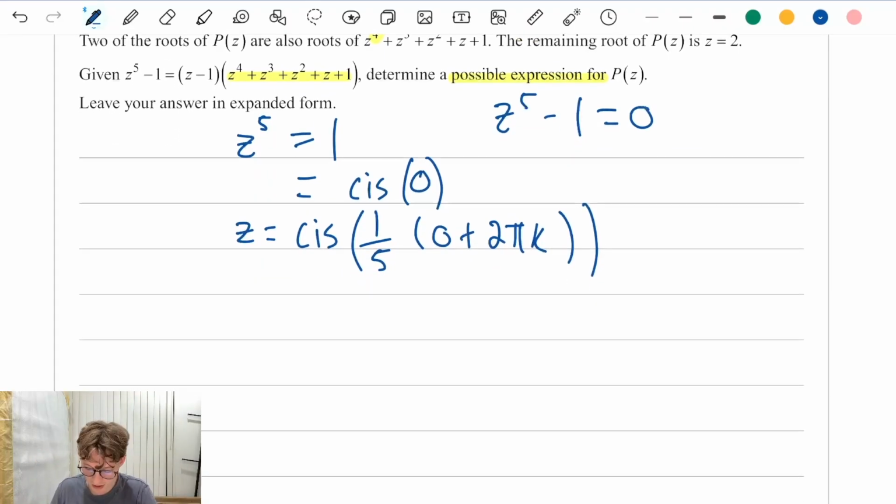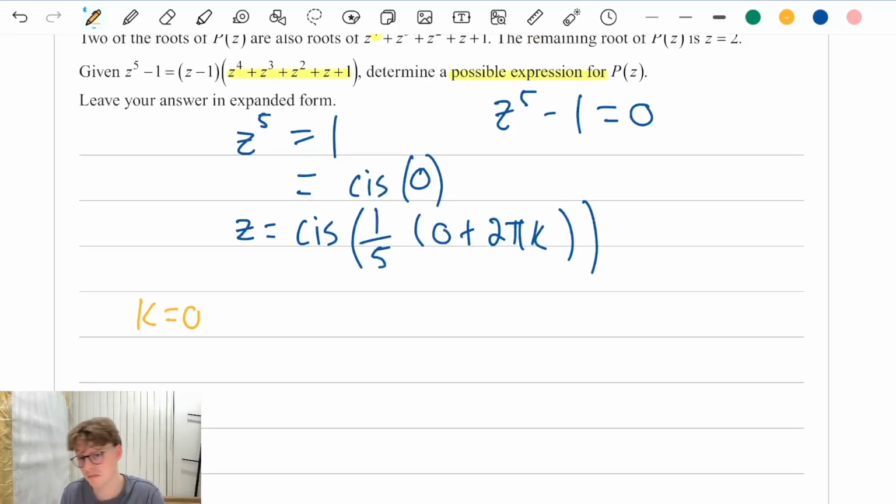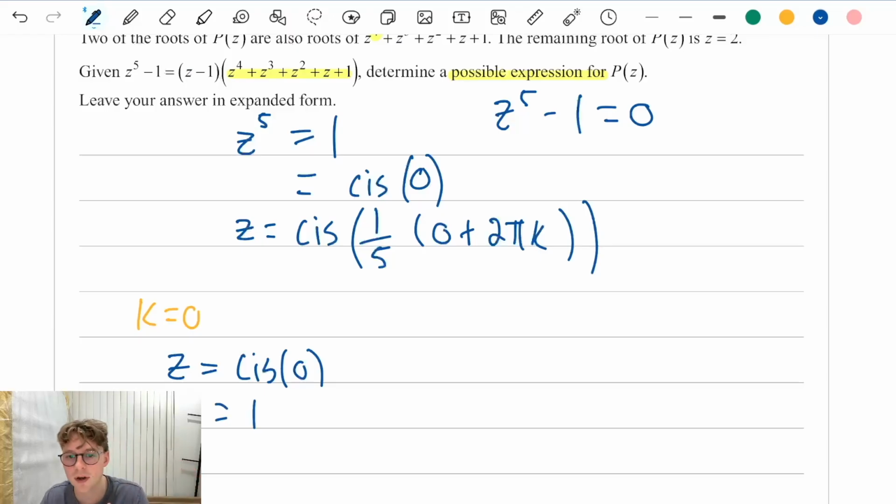I'm going to start with k equals 0, because that's the easiest place to start. I wind up with z equal to just cis 0. And that's all there is to it, right? I put 0 in place of k, my 2 pi disappears, I've got 1/5 times 0, it becomes 0. So it's cis 0, and I know cis 0 is going to be equal to 1. If I convert that into real and imaginary components, I get cosine 0 plus sine 0 i, sine 0 is 0, the i part disappears, cosine 0 is 1. So I wind up with the solution of 1. That is the solution I was looking for here, meaning that when I do k equals 1, 2, 3, and 4, I get the other 4